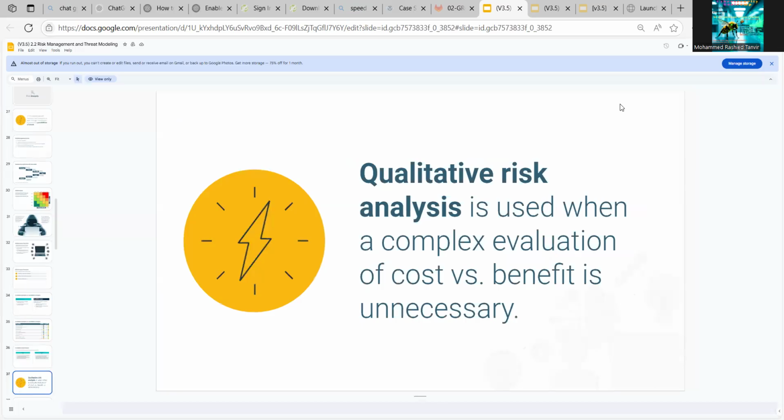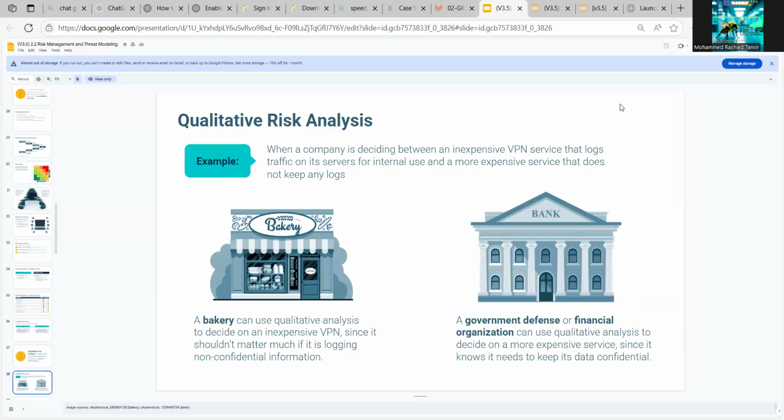Qualitative risk analysis is used when a complex evaluation of cost versus benefit is unnecessary. A qualitative risk analysis example: when a company is deciding between an inexpensive VPN service that logs traffic on its server for internal use and a more expensive service that does not keep any logs. Suppose